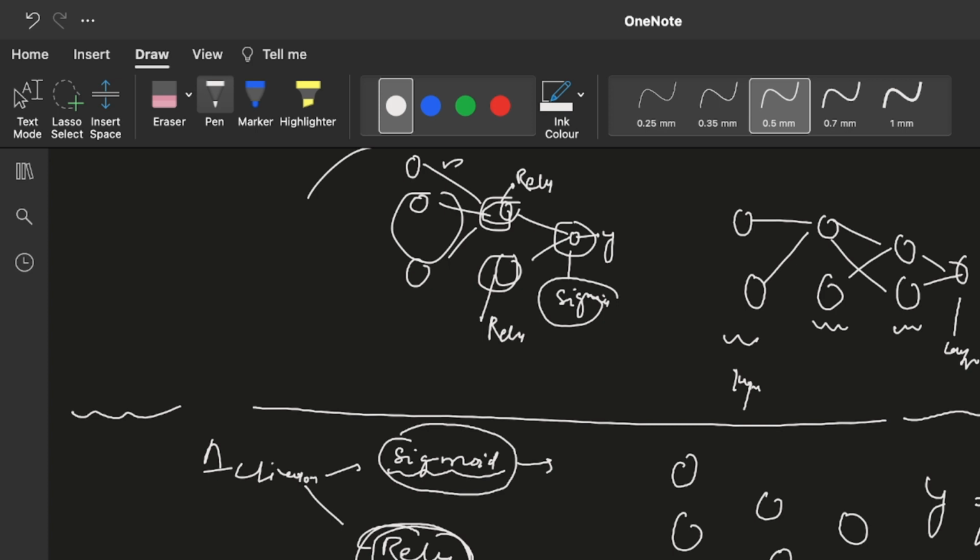That is all ReLU is. Sigmoid converts any value you pass to between 0 and 1, and the sigmoid function is this. Clear? Himanshu?